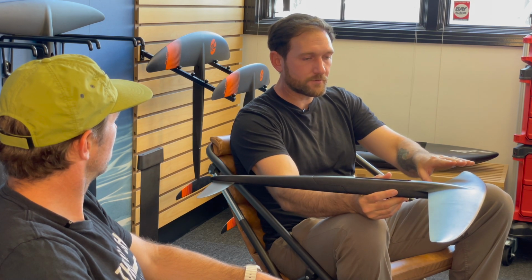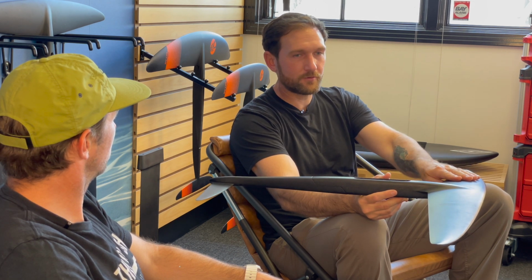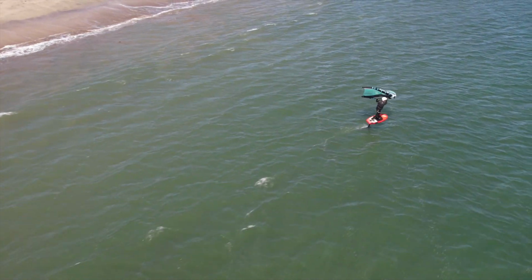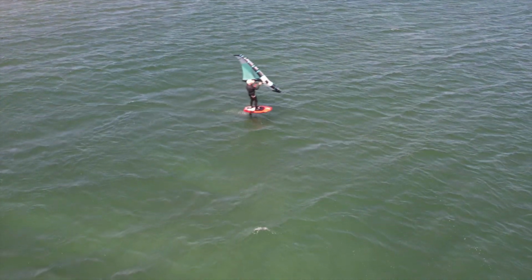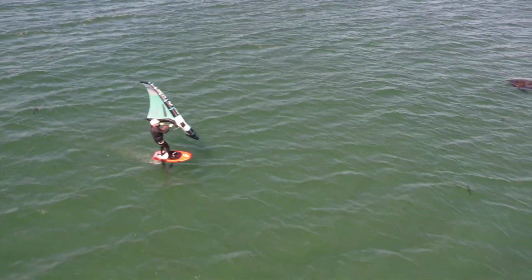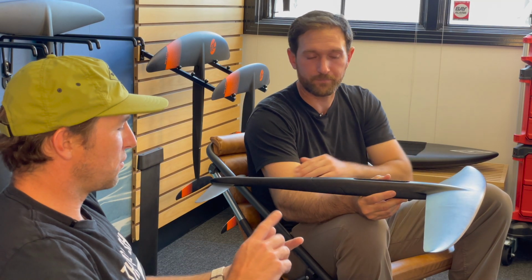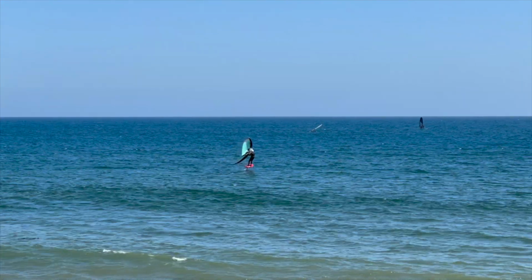If they want to ride swell and they're on some older generation foil, and they switch to this, they're going to say, riding swell isn't hard. I've just been on a foil that doesn't do it. I had the same experience when I first rode Access after riding the Slingshot stuff. It was like, oh, it's not me. I think people should definitely check this out. If you're looking for a new system and you are a surf guy or downwind guy, this is really something to look forward to. So if you want a foil that pumps well and is energy efficient,